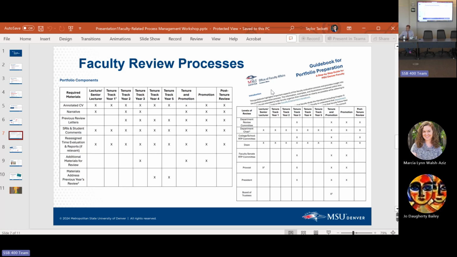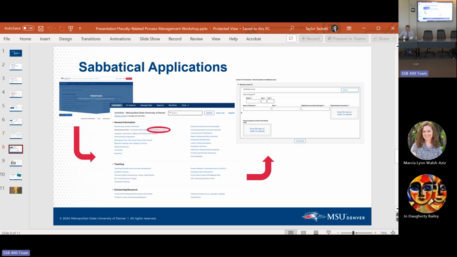Any other questions about faculty review? All right. Sabbatical applications. Again, sabbatical applications are submitted via Watermark. Very clear there. Beginning with last year, we have allowed faculty to submit a response letter or an appeal letter for their sabbaticals because that is something the provost would like to look at when she considers sabbatical applications.